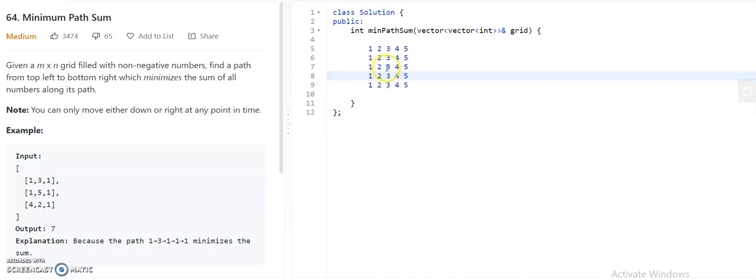So if you reach this point, you are getting it from the down of this 3 or the right of this 2.